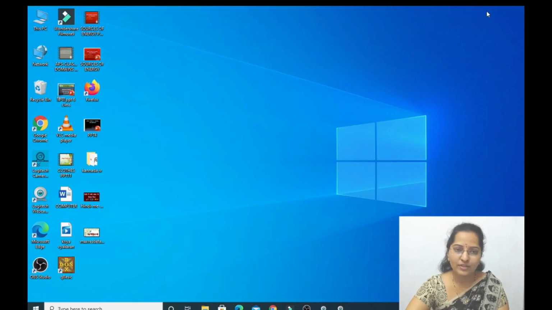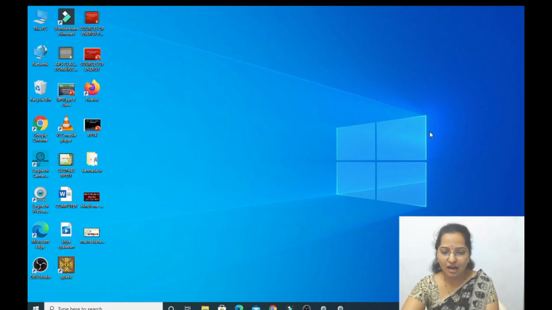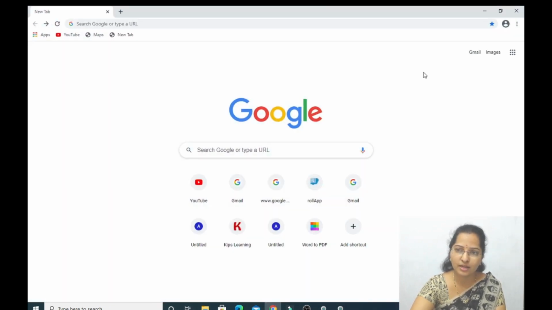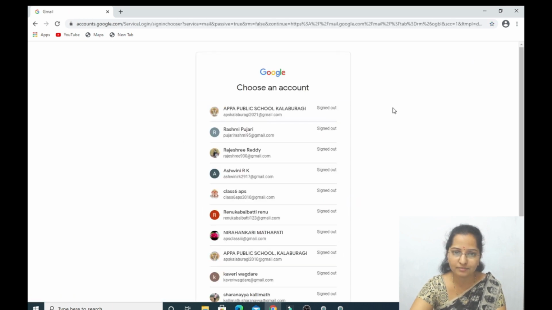We'll begin. Now we'll see how to create an email account. First, you must be connected with the internet. I repeat, you must be connected with the internet. Go to the internet. I use Chrome as a web browser. Yes, it is a window of the web browser. Now I want to create an email ID account in Gmail because it is trending. What you have to do? Click on Gmail here. Can you see this? Left click one time. Wait for a minute.